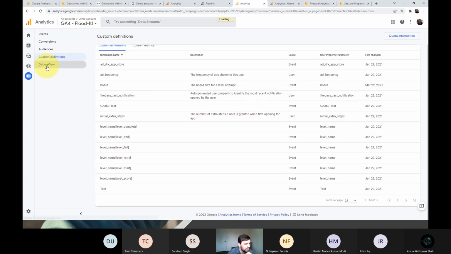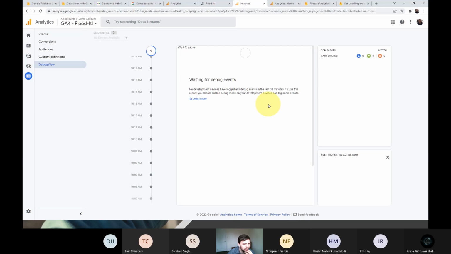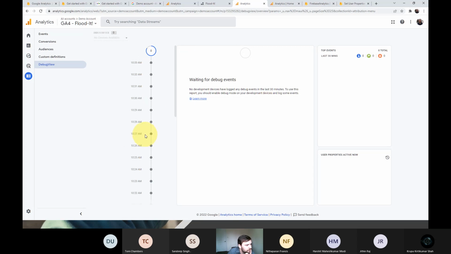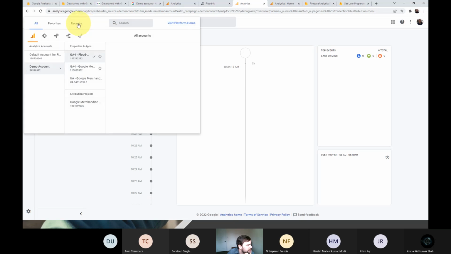And then debug view. Maybe this will show you some crashes, Harshit. I'm not sure. We wanted to see if we could find some of those. I thought it was still loading. I'm not sure. Maybe it won't show. No device is available. Okay, well,